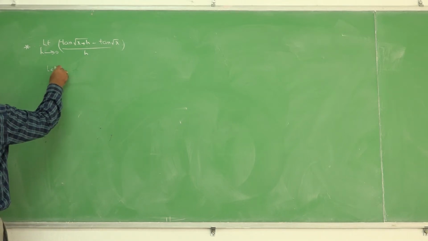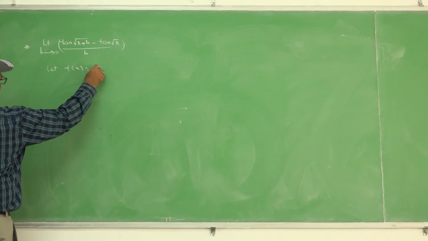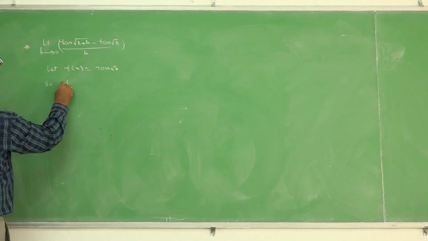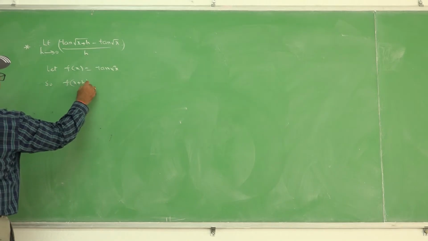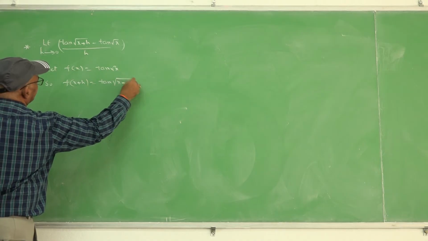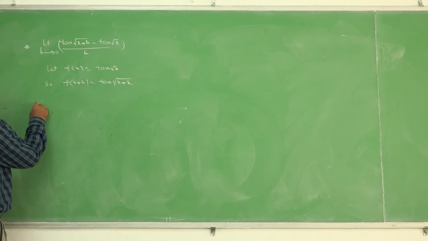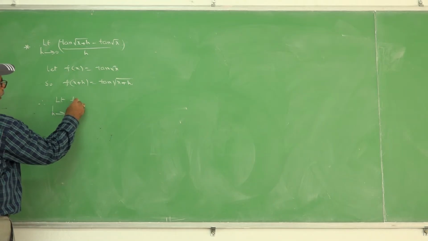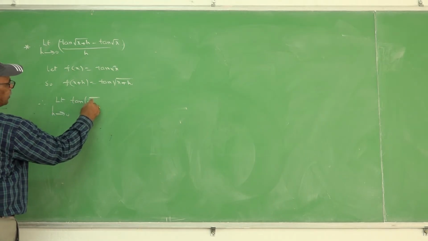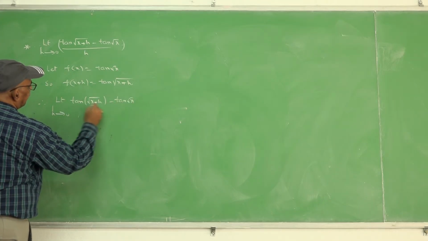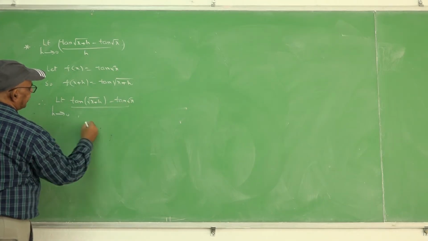Here let f x equal to tan root x. So, f of x plus h is nothing but tan of root x plus h itself. Therefore, the given limit as h goes to 0 of tan of root x plus h minus tan root x by h